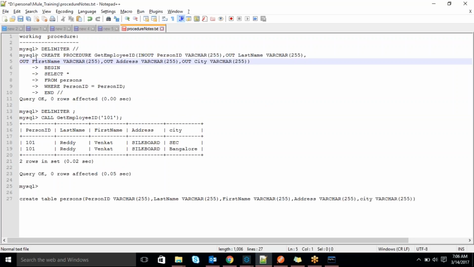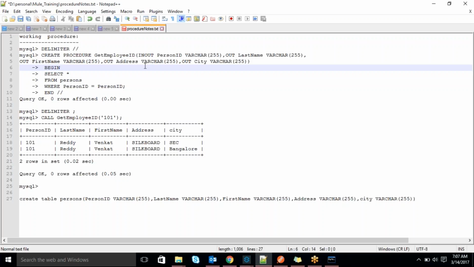See this. So, create procedure, followed by the procedure name. In that we have to mention the in parameter and out parameter. Once you create a procedure, it will expect some in parameters and return some out parameters. In parameter means we are giving input to the procedure.